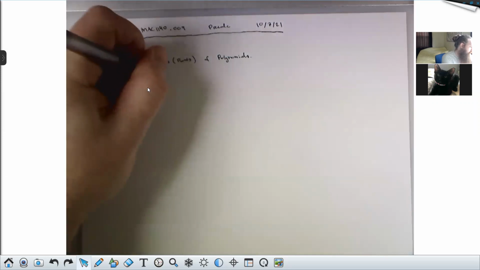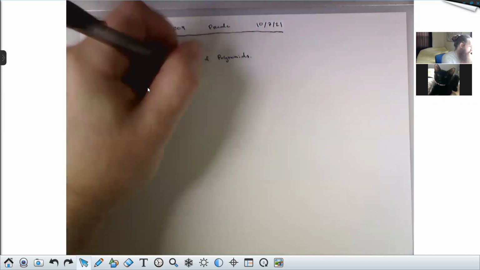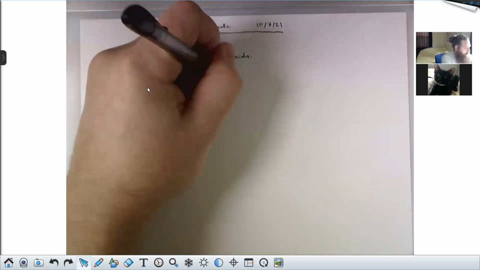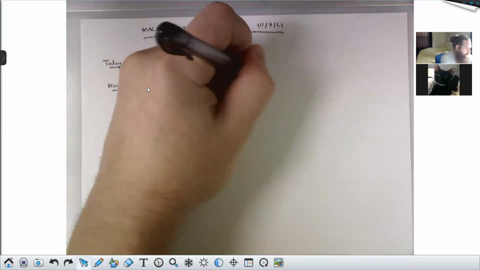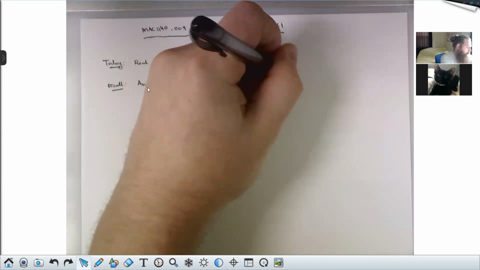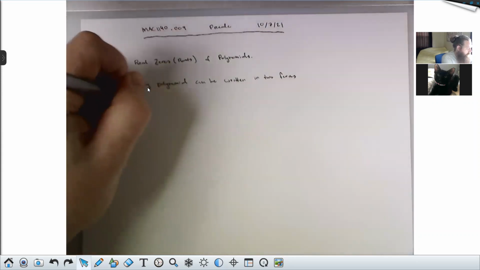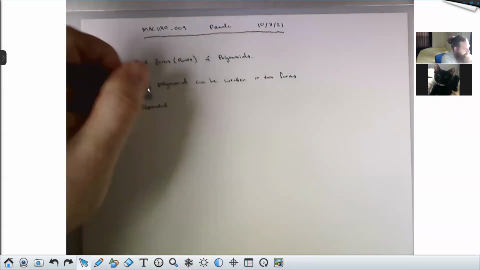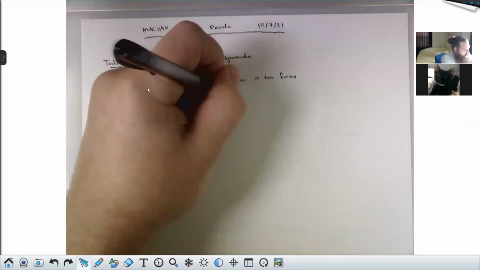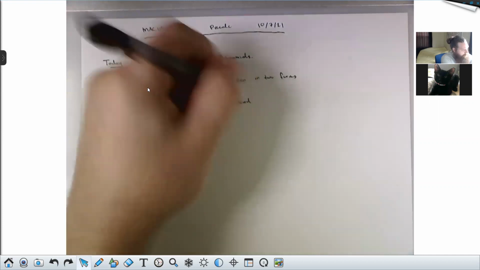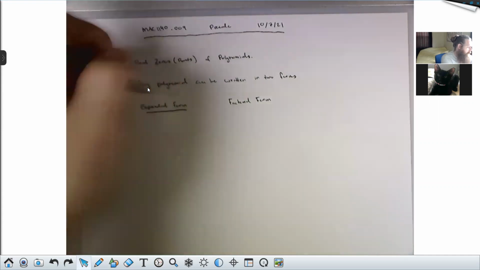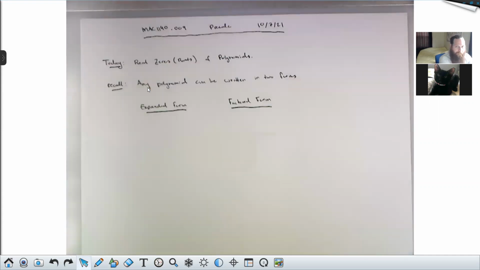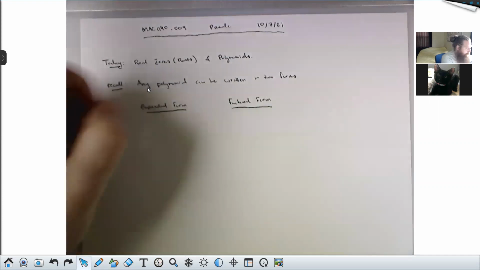Any polynomial can be written in two forms. Your book calls these the expanded form and the factored form. And the thing I wanted to remind you or demonstrate to you is that regardless of the form you're in,